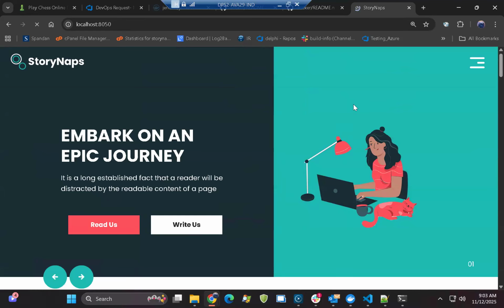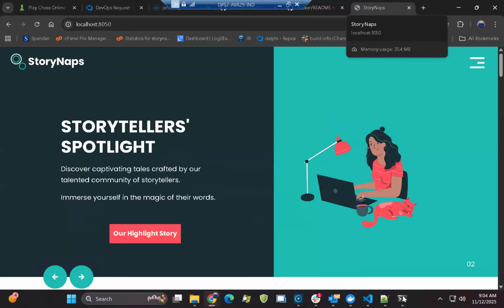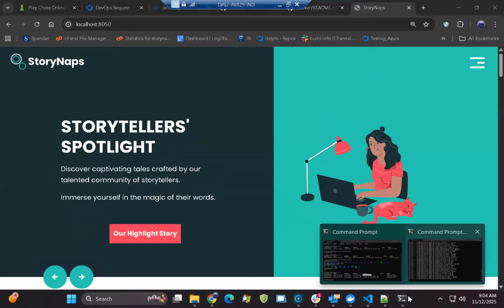So locally it's running well. We created the Dockerfile, we created an image out of it, and now we are testing locally. So locally it ran quite well, no issue. Now let's push our image to